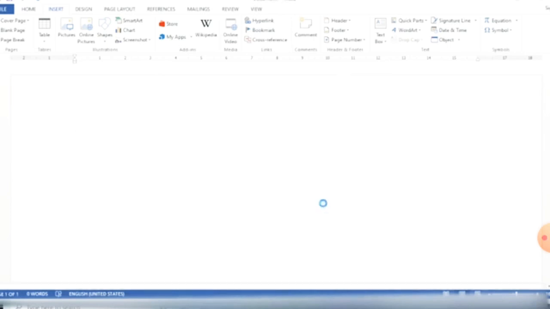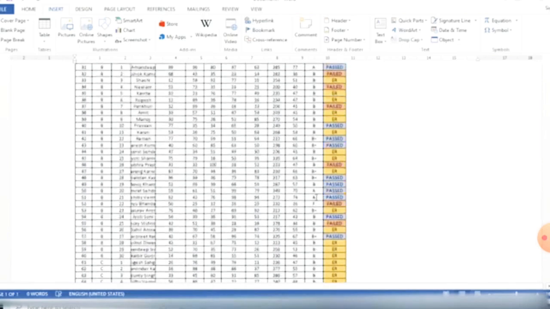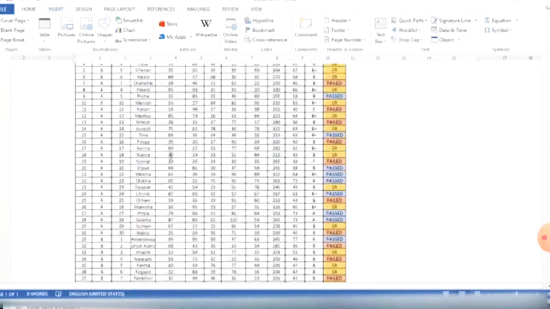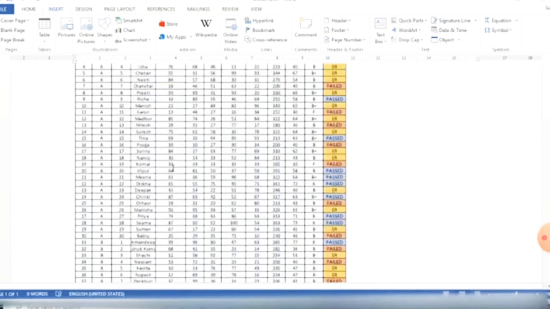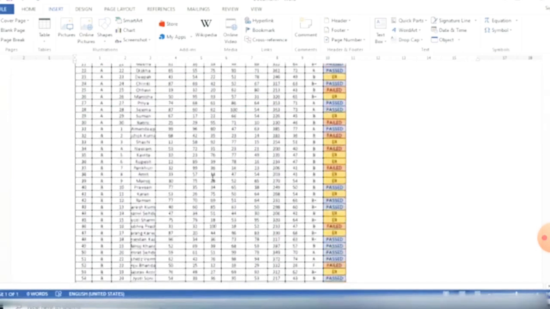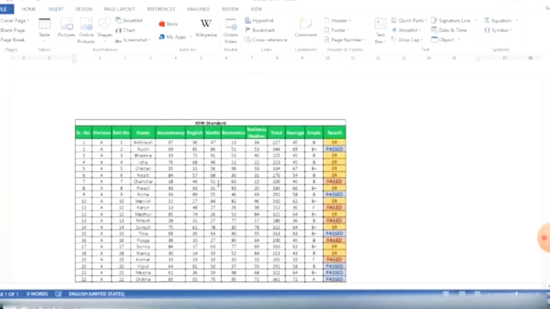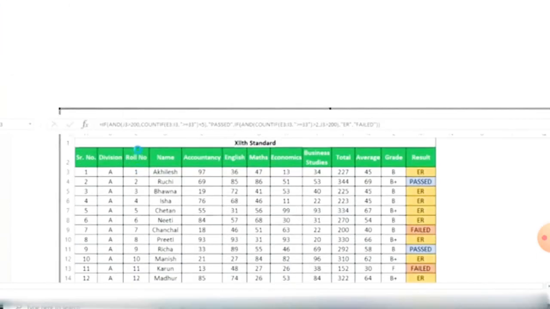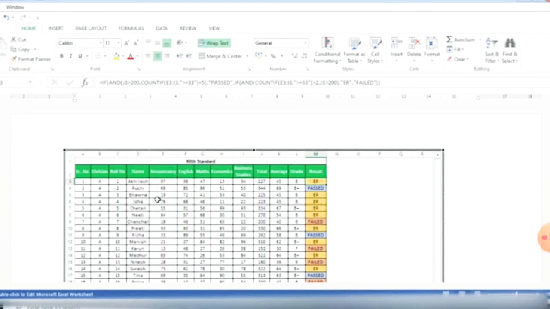As I have selected the MS Excel file, this will look the same as in Excel here, but if you want to change something in that object, you have to double click on it. For editing or for any amendment, you have to double click on that object, which provides an editable window. And now here you can edit those things in your MS Word document window.